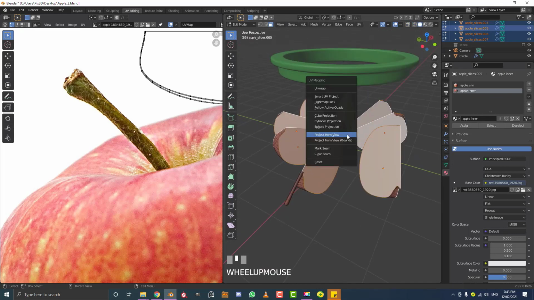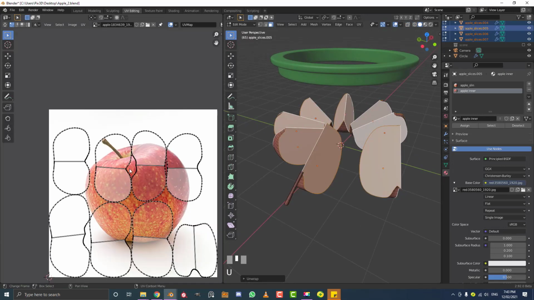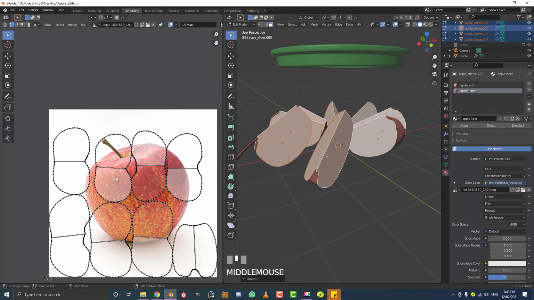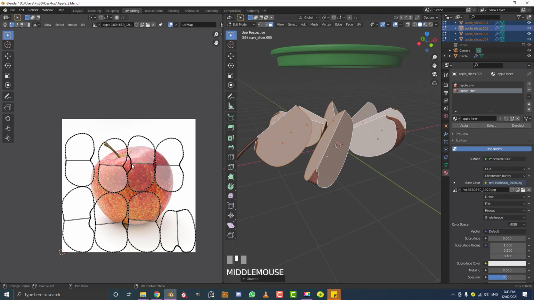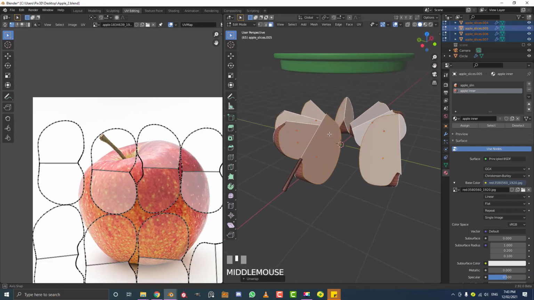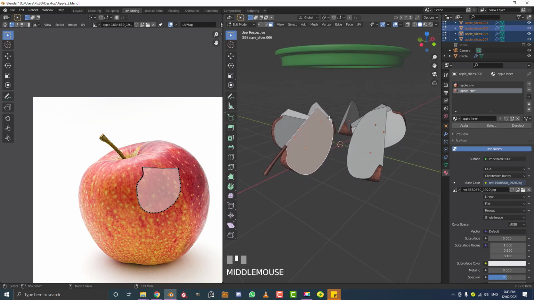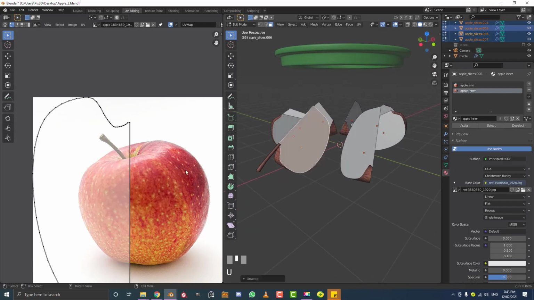And then you're gonna hit U and you're just gonna go unwrap. And now they're all unwrapped like this. So that doesn't seem to be working like I thought it would. So what we might have to do is just select one at a time, go U and unwrap, and then